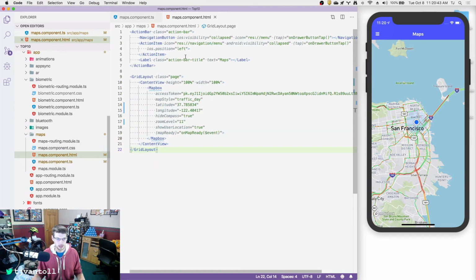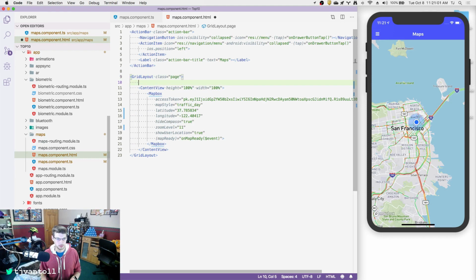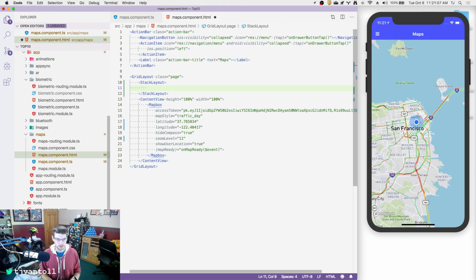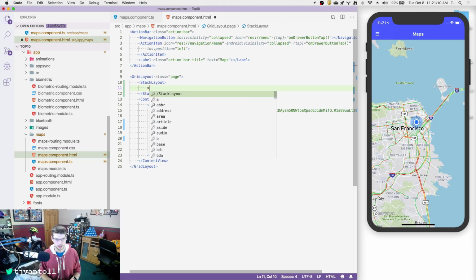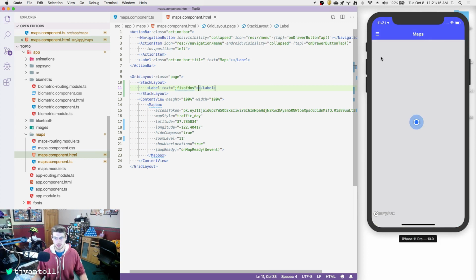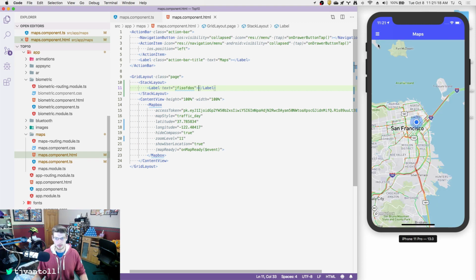So let's do that. And the way this should work, we have this grid layout that's going to take up the entirety of the page, or at least the entirety of the page below the action bar. And right now the map is sitting on top of it. But the way it should work is if I put something else here, let's just start really simple. So if I put something else in the grid, let's just put some nonsense here. I should see this somewhere on the screen. So the map took it over. So what I might do is say,